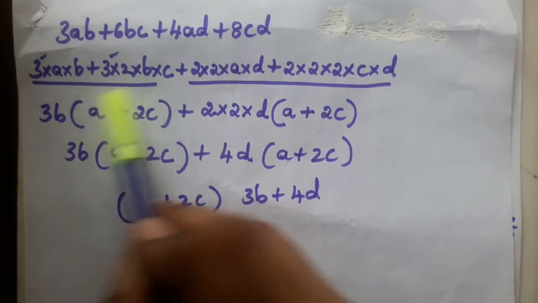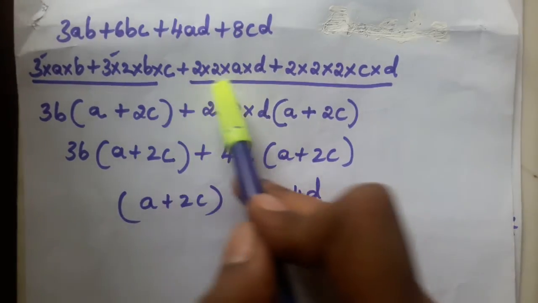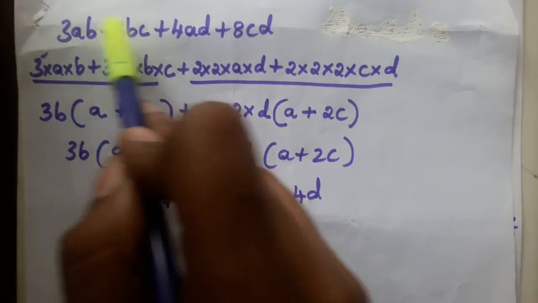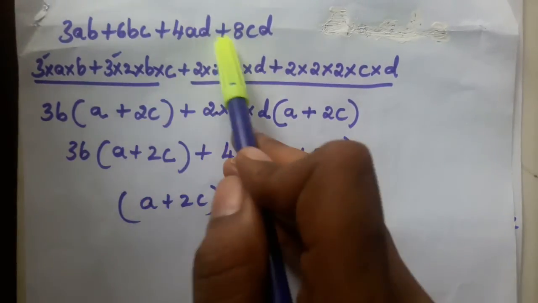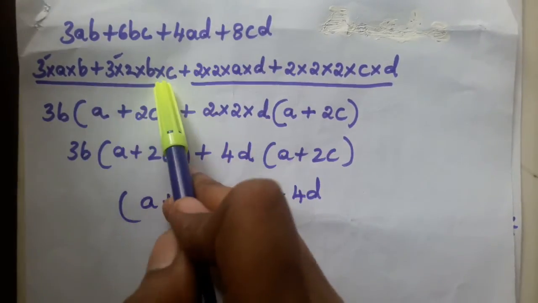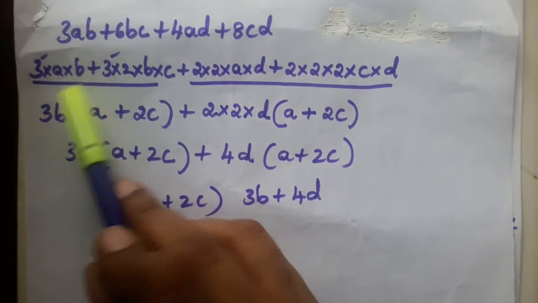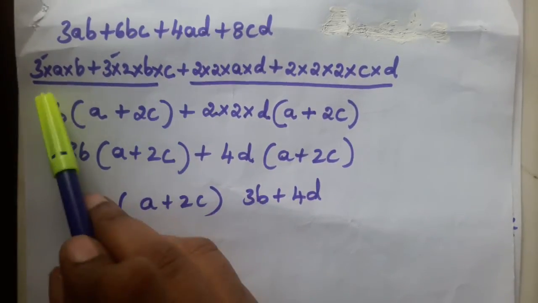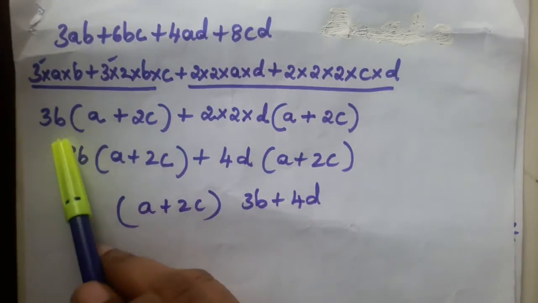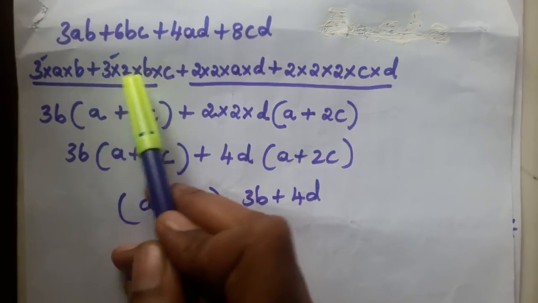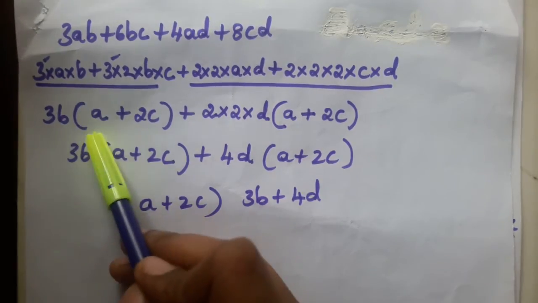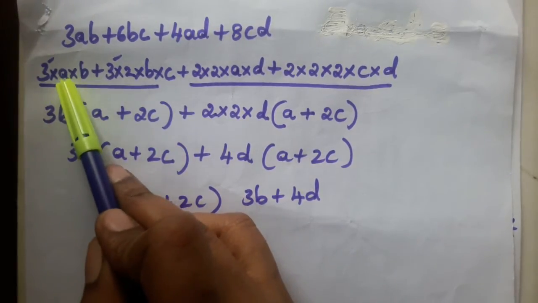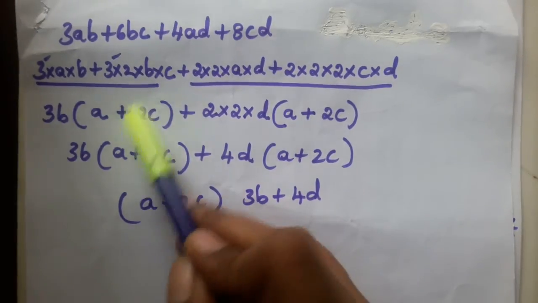This is by grouping, since we will group these two terms and these two terms, because we are not finding any common factors here. No common factor we are seeing, so we will group this. So first these two terms we have grouped. We will see any common factors here. So 3 and b are common factors here. So 3b we will take out. So what will be remaining? A plus 2c